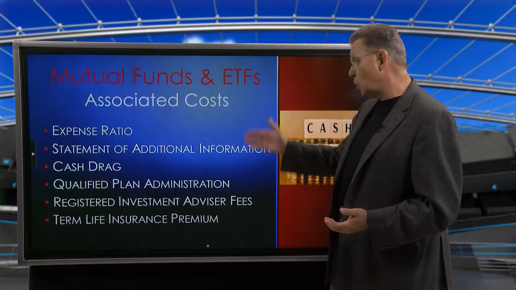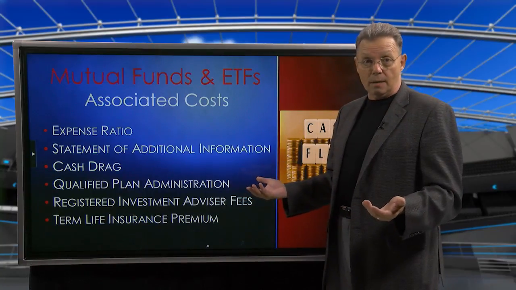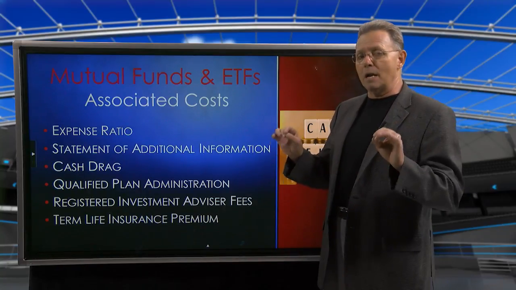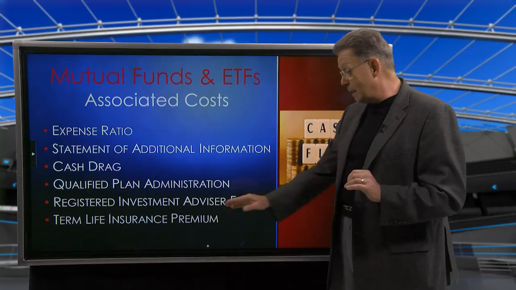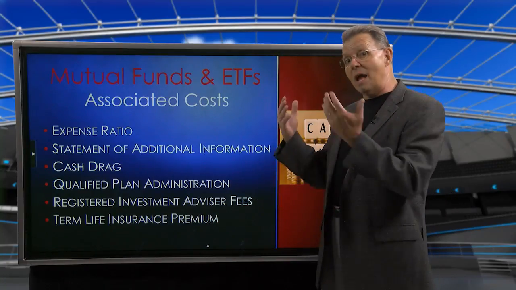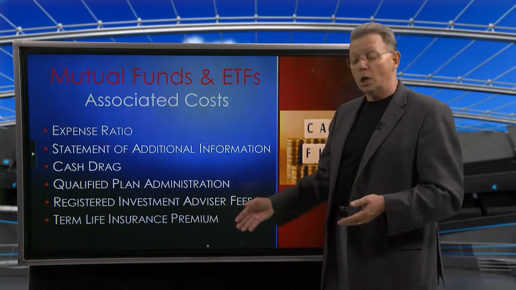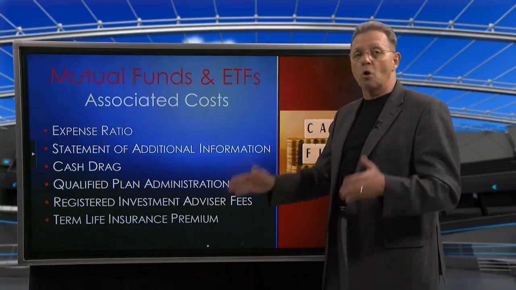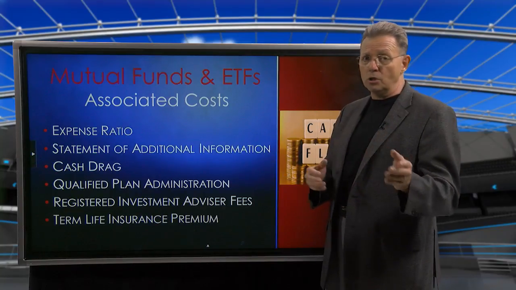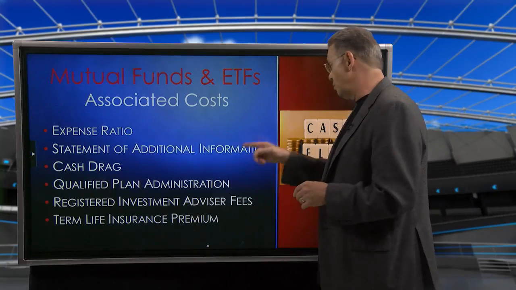So by the time you start totaling all this up, you're over 4% in mostly all these cases, and that doesn't include any taxable event on a mutual fund. I'm adding at the bottom term life insurance, whatever that premium would be, because if we're buying life insurance and comparing it to this, we also have to use the same coverage. These expense loads, when you put this all in one area, you'll be surprised. And how many people disclose this to their clients? Not many registered investment advisors or insurance professionals do that.